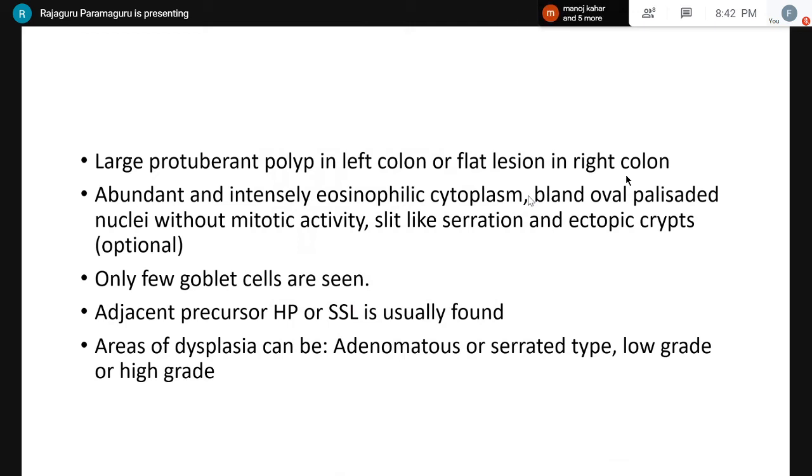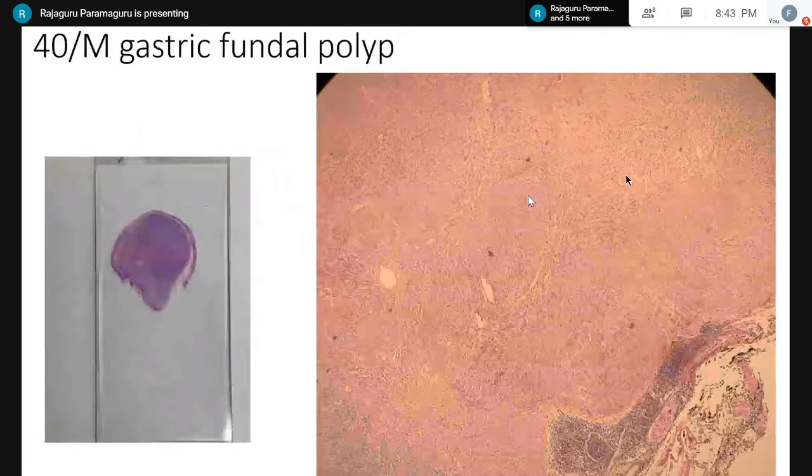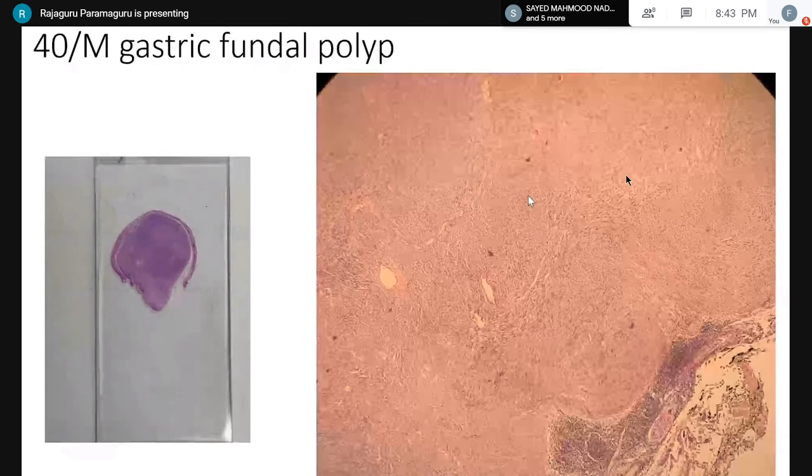An adjacent precursor lesion like a hyperplastic polyp or a sessile serrated lesion can be found, and areas of dysplasia can be seen, either adenomatous or serrated type of dysplasia, be it low grade or high grade, which needs to be reported. So next we'll move on to a case of a gastric fundal polyp in a 40-year-old